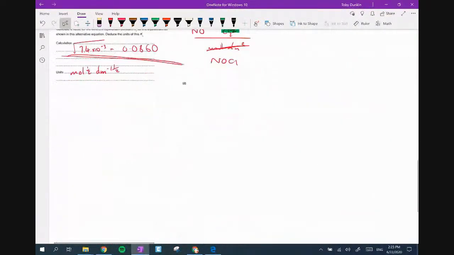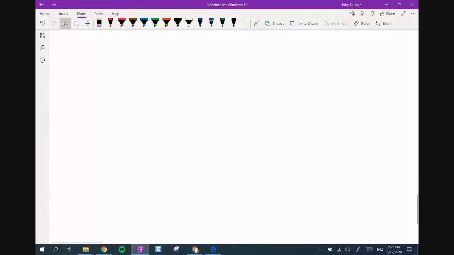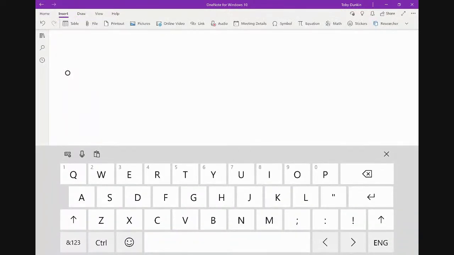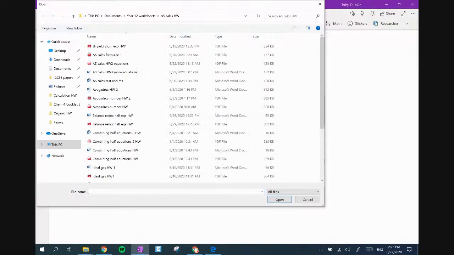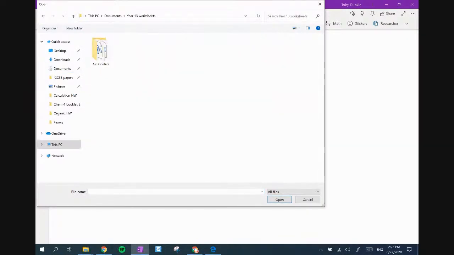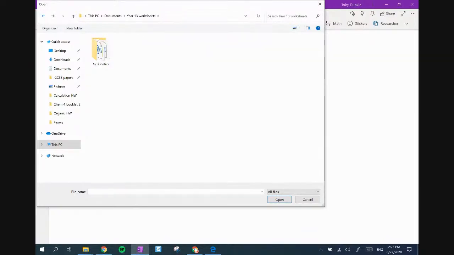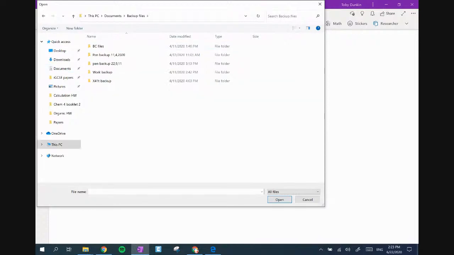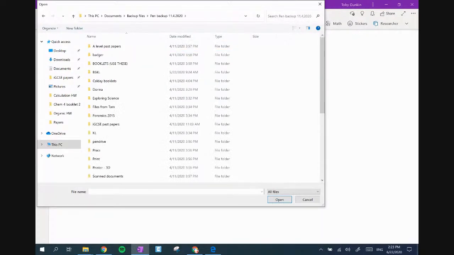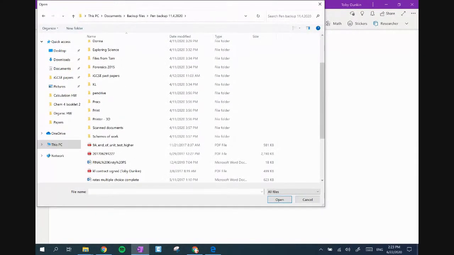So I just wanted to show you what real Kc looks like, guys. Just going to do that and insert printout. Now, I think I gave you, did I give you moles 1 and 2, Emma? Documents, year 13. Oh, no, kinetics. Where's the equilibrium homeworks? Documents, backup, pen drive,